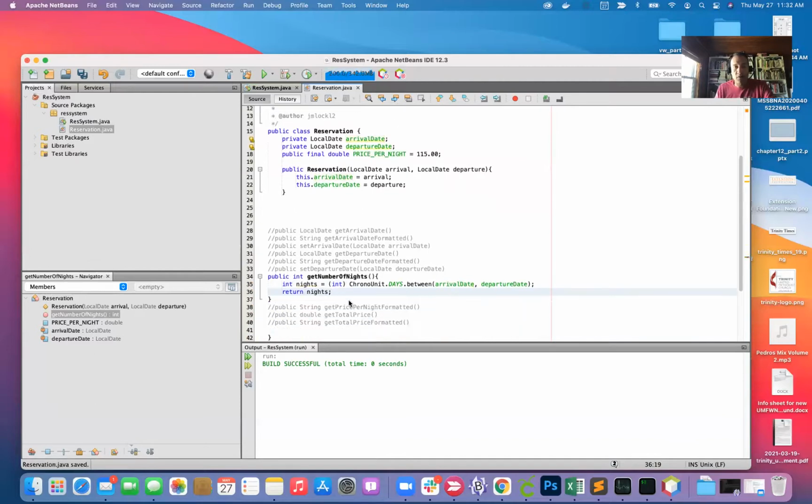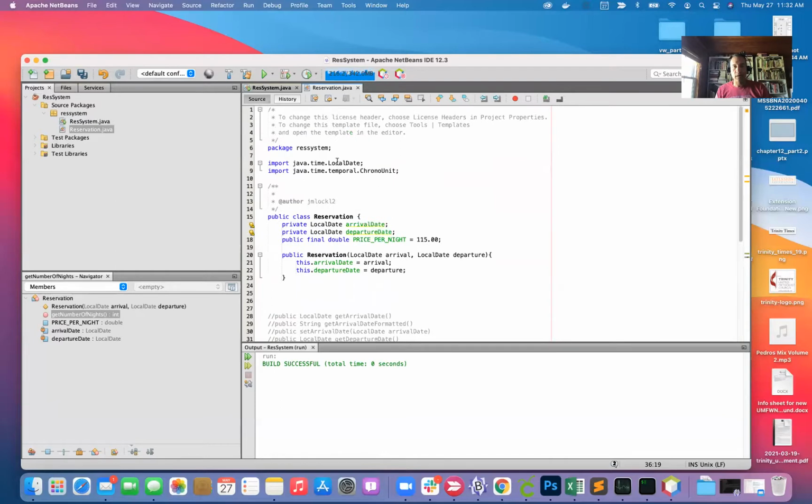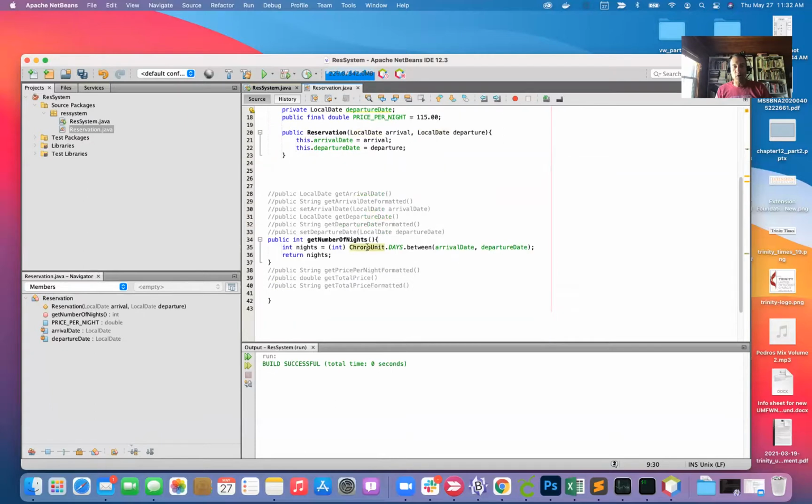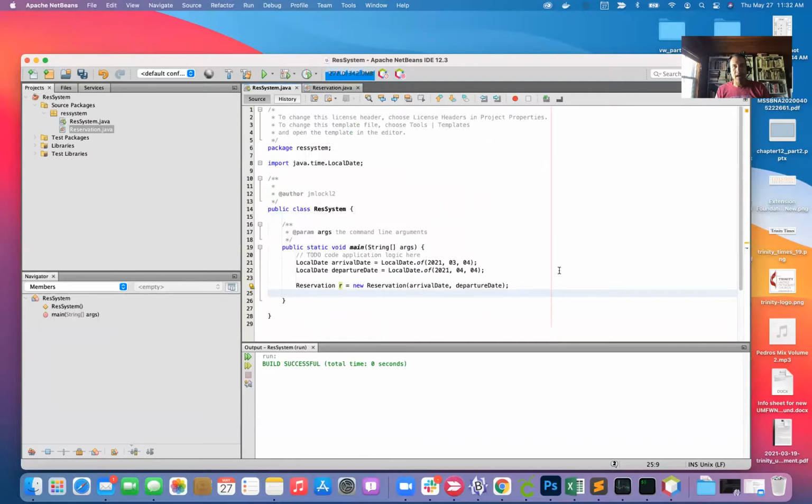All right, so here's this method, get number of nights. We're creating a variable called nights. We're using our ChronoUnit class, here's ChronoUnit here, to call days dot between, and then we're passing in the arrival and departure date. Okay. Now, how do we actually call this? Well, yeah, we're calling it here, right? We're already calling it. So now we just need to output some